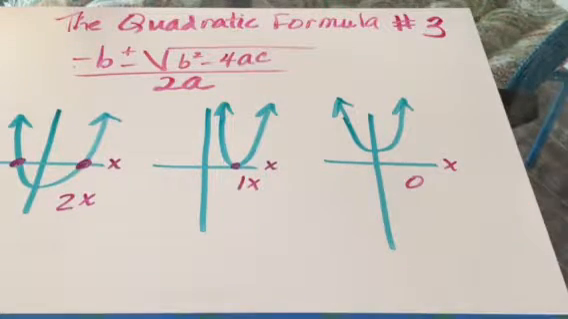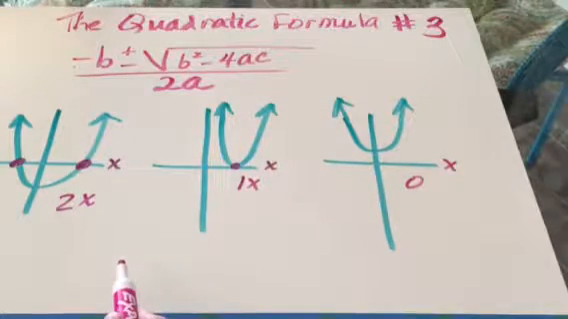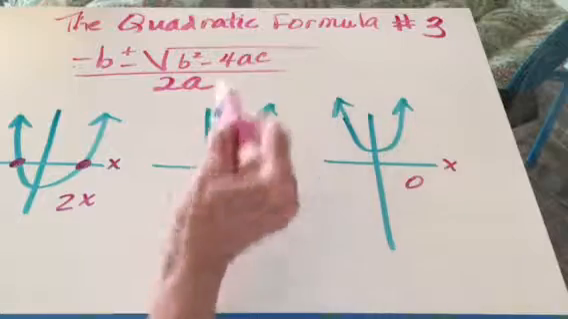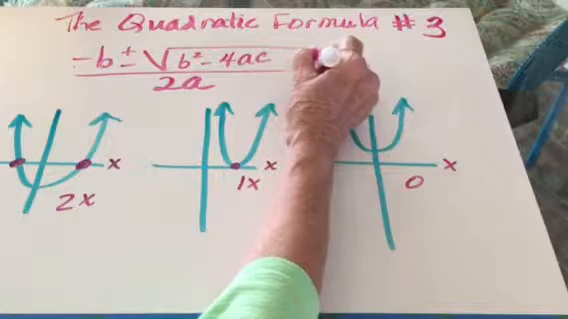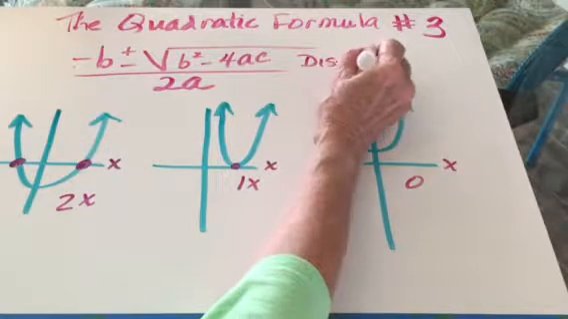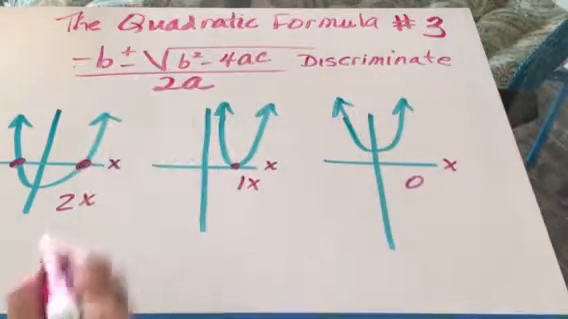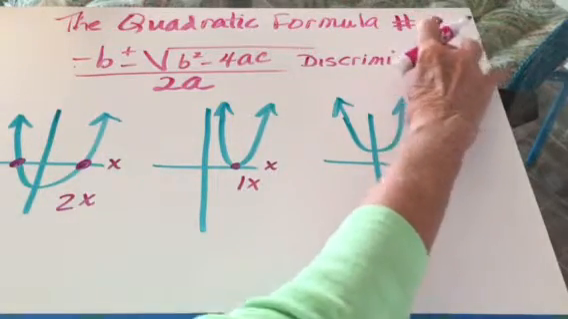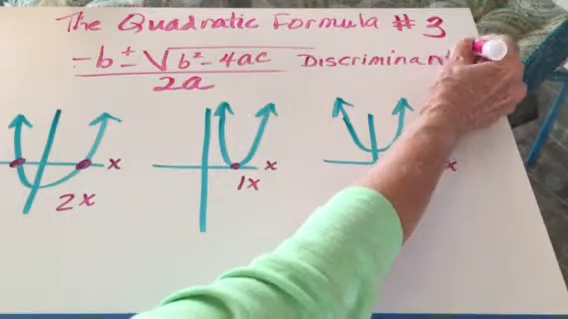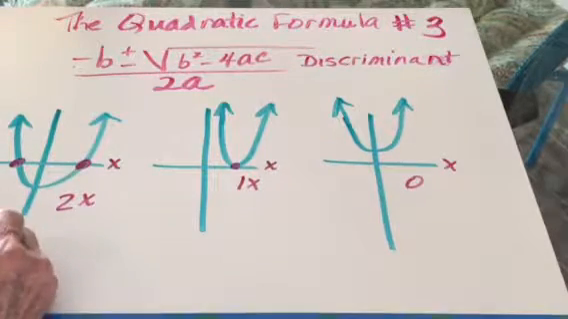Now the way we can determine that is by taking part of the quadratic formula, just this little part that's in here, and we call that the discriminant. D-I-S-C-R-I-M-I-N-A-N-T, the discriminant. Sorry guys. You discriminate to find the discriminant. Anyway, so what we do is we take just this part,